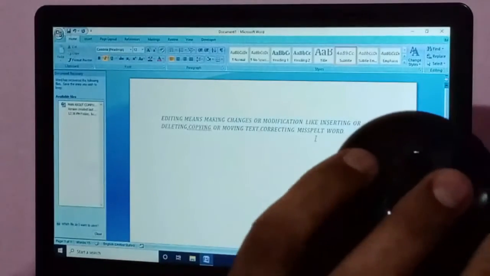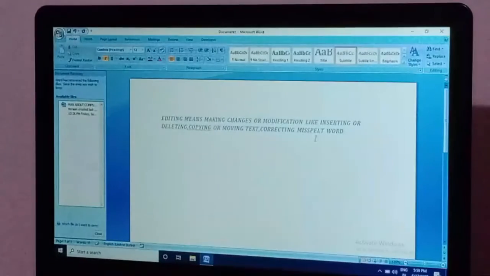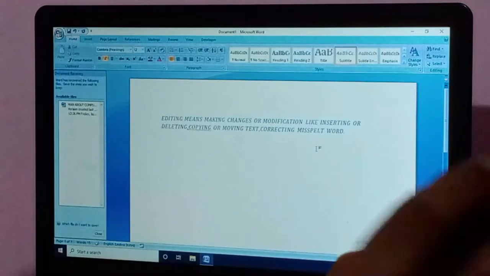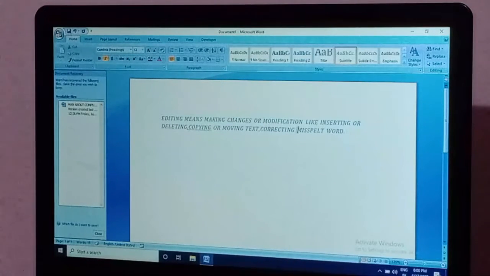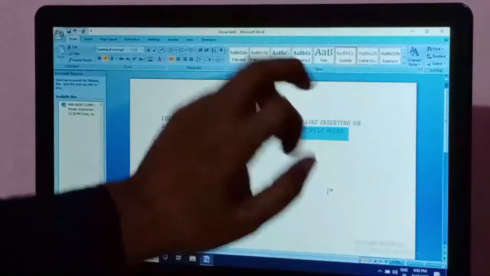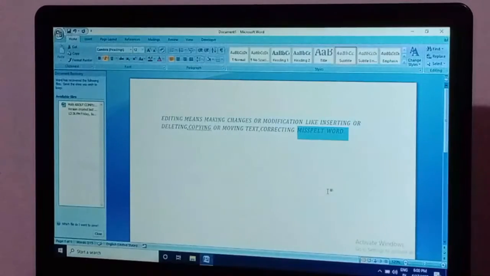This is the mouse button; press the button with one finger, and then press and drag. This misspelled word is selected. First of all, word selecting: I select only the misspelled word. This is word selecting, one word selecting, two word selecting.